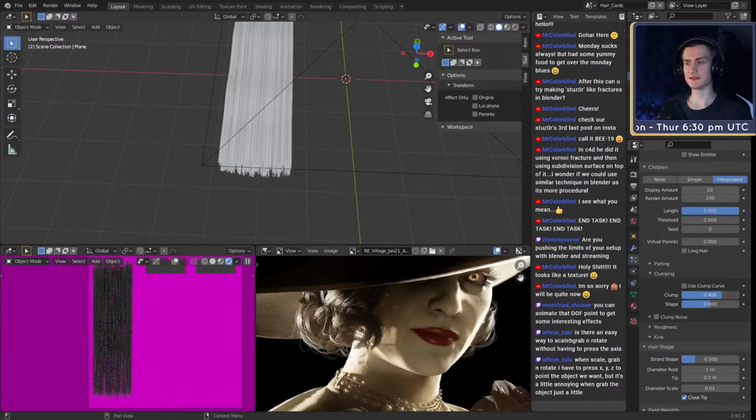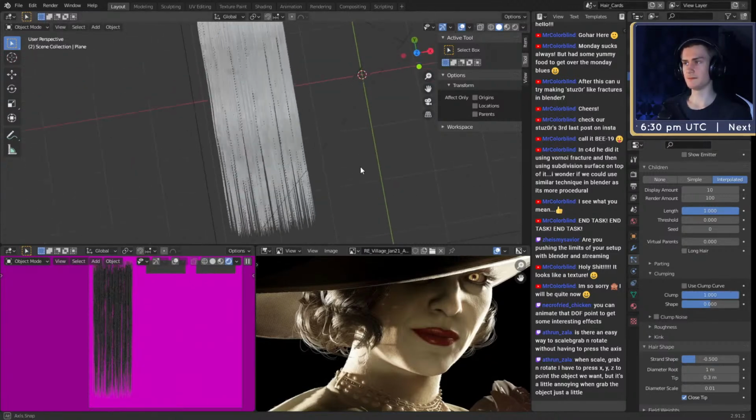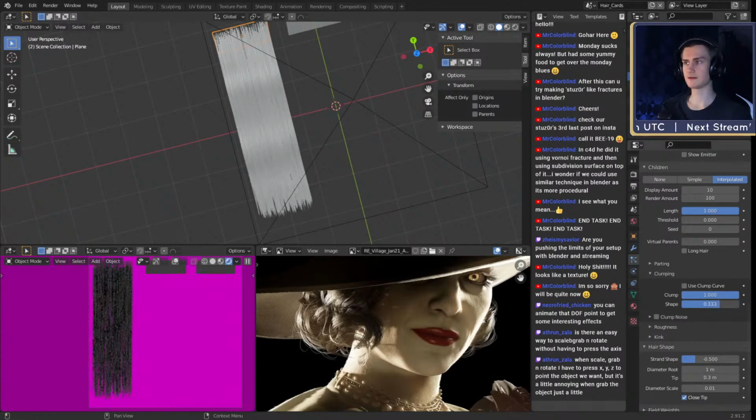The shape basically gives it a little bit of a bow. Usually it's just like a triangle, this is the parent particle and then the children particles go to the tip. But if you apply a shape, it's not a straight line, it's like a bow. This is the adjustment you can make. Usually the standard is like this, and with the bow it's something like a rounded triangle basically. We don't need shape, so we put this to 0.